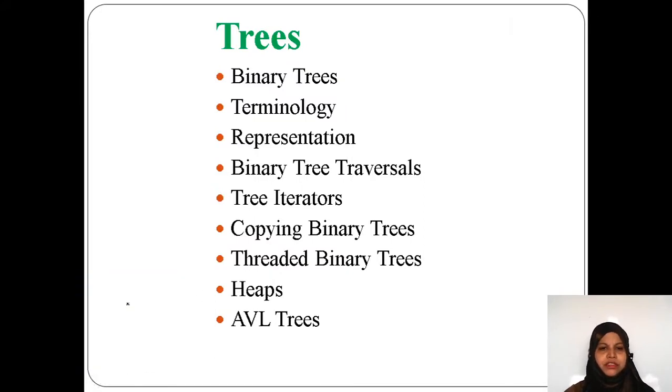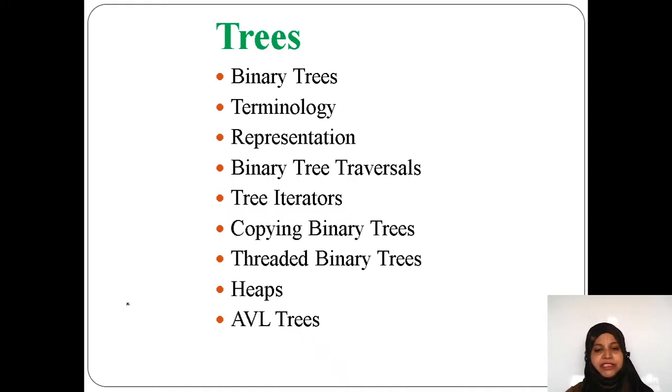In the fourth unit, you are going to learn what we mean by trees, what the different types of trees are, what a binary tree is, and how to represent a binary tree. You will also learn the different tree traversal methods. Generally, we have three traversal methods: in-order, pre-order, and post-order. You are going to learn how to traverse the complete tree using in-order, pre-order, and post-order.